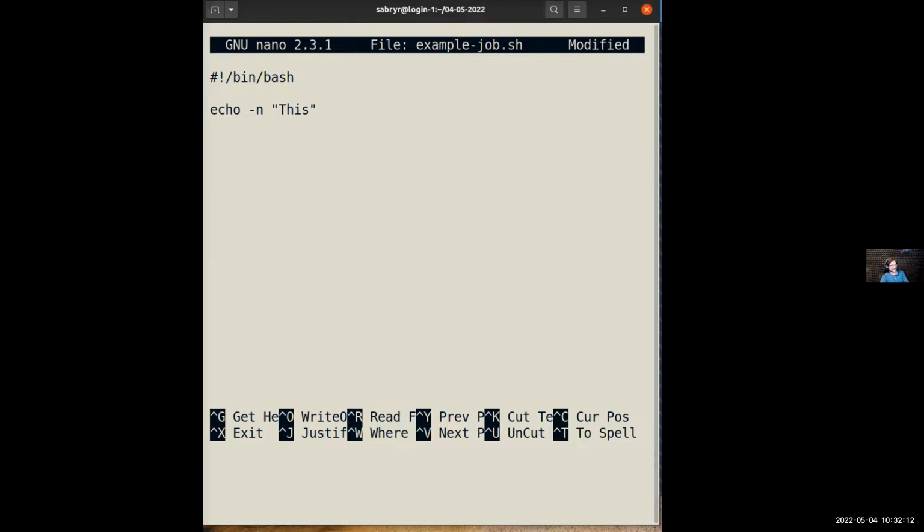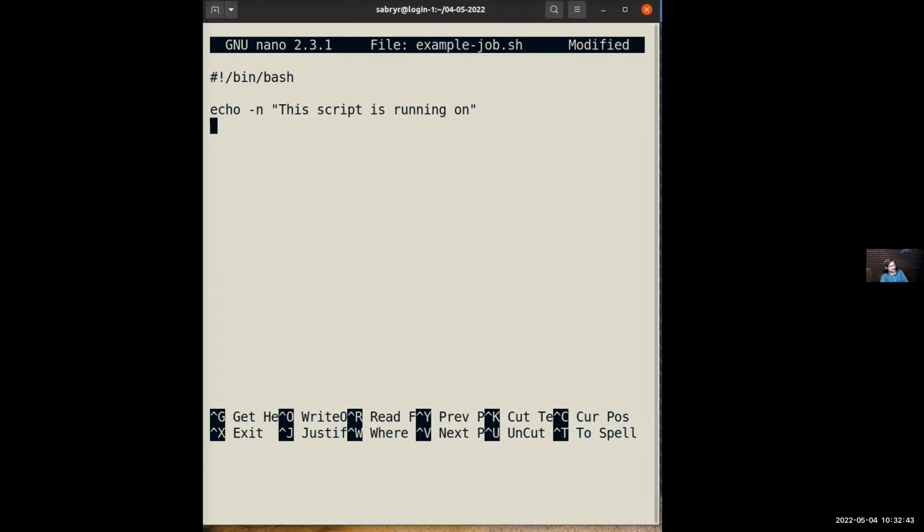So this dash n on echo, I actually forgot what it means. Why do we need that n? One of our colleagues, can you please mention that on the HackMD? Why do I need this n here? It might have something to do with lines. And what it means is do not output trailing new line. Thank you, Bjørn. Thank you.